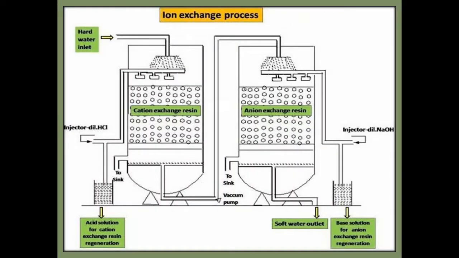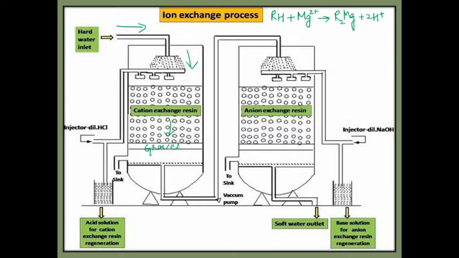So let us go into the detail of the process. Now this is how you are supposed to spray your hard water from the top. When you spray the hard water, it will come in contact with the cation exchange resin. So let's say your cation exchange resin is RH and the substance dissolved is magnesium sulfate. It is going to react with and absorb that magnesium, and meanwhile H plus will be released. Now this water comes down and here there is a bed of gravels.